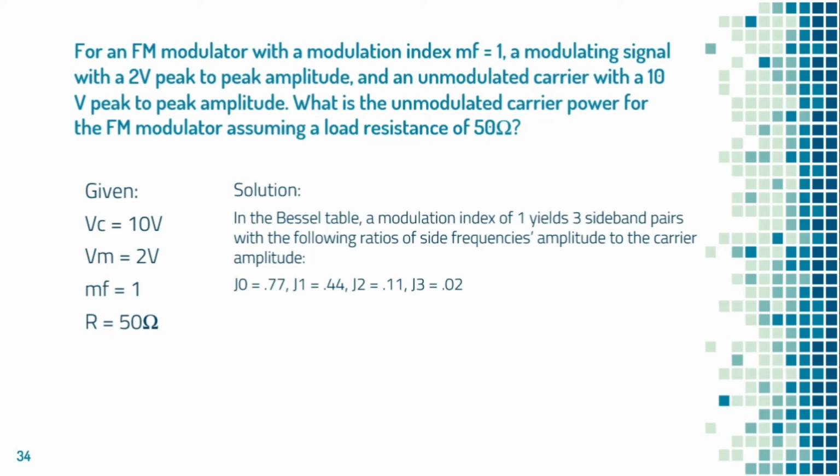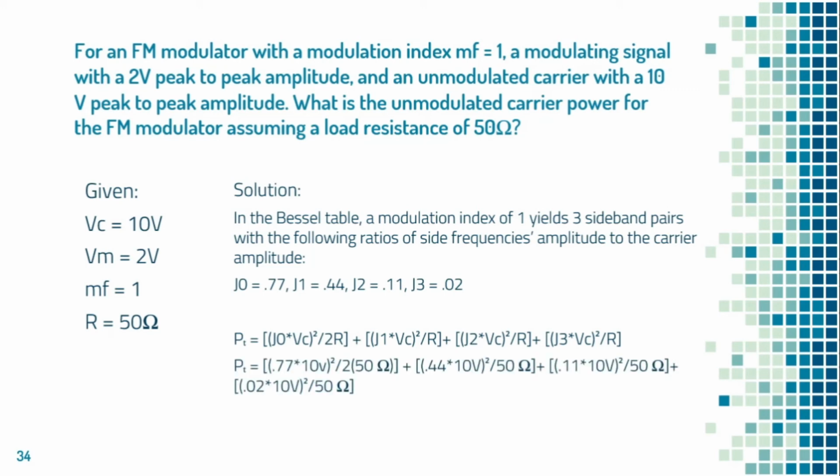Side frequency amplitude and carrier amplitude. So, J0 or the modulated carrier ratio 1.77, the first set of sideband 0.44, second set 0.11, third set 0.02. So ang gagamitin nating formula is ito. So substituting the values, we get this